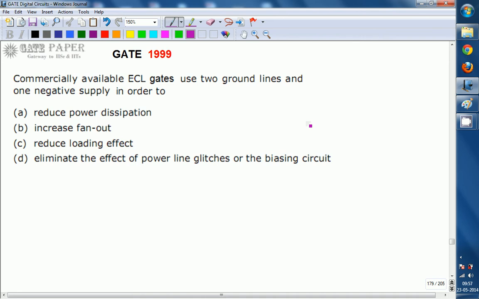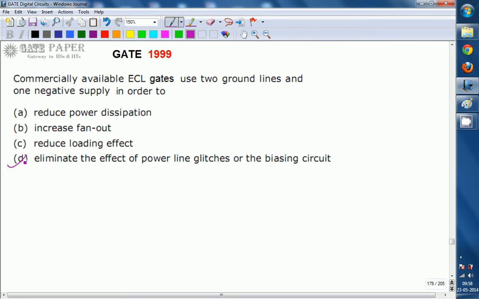ECL is nothing but the emitter coupled logic family. So the commercially available ECL gates use two ground lines and one negative power supply in order to eliminate the effect of power line glitches. That is the right answer, D for this one,